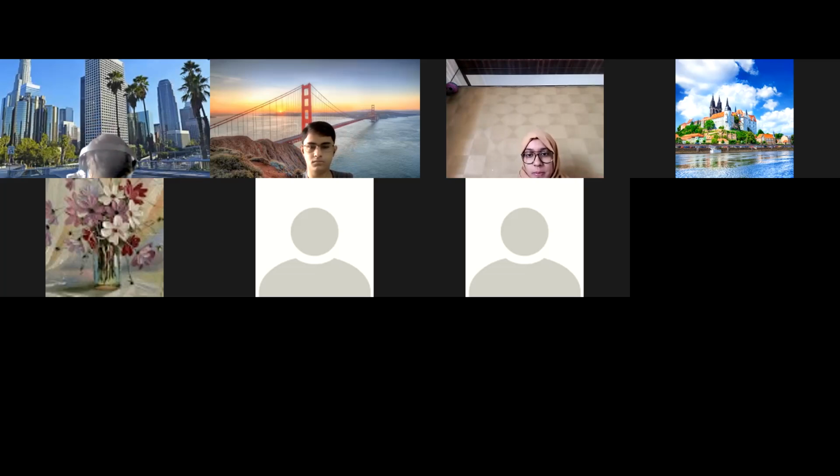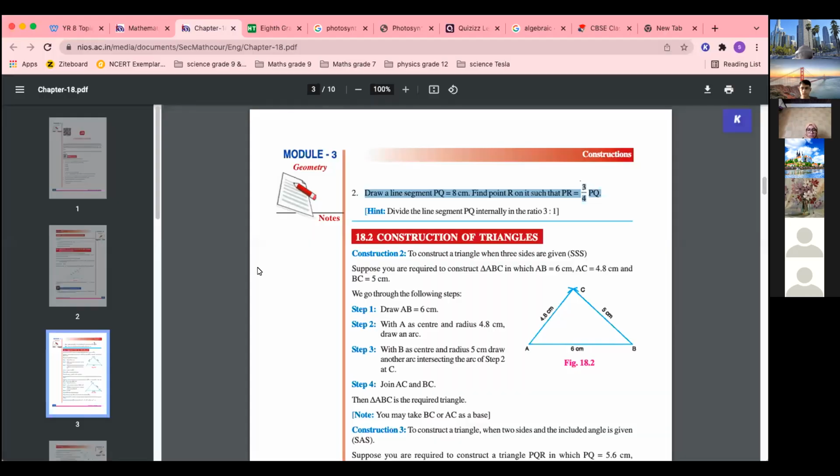Suppose triangle ABC, AB is equal to 6, AC is equal to 4.8, and BC is equal to 5 centimeter. So first thing is draw a rough diagram. First make a rough one. And let us see ABC. So here we'll write ABC. AB is 6 centimeters, so let us write over here. AC is 4.8 centimeter and BC is 5 centimeter. Now I have taken this line as AB. So let us draw a 6 centimeter line. First step is we'll draw the 6 centimeter AB base.